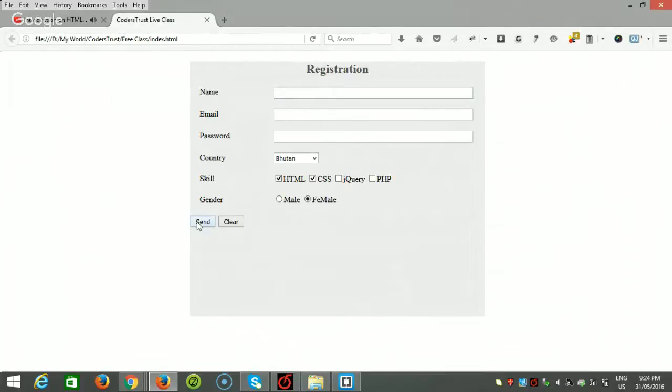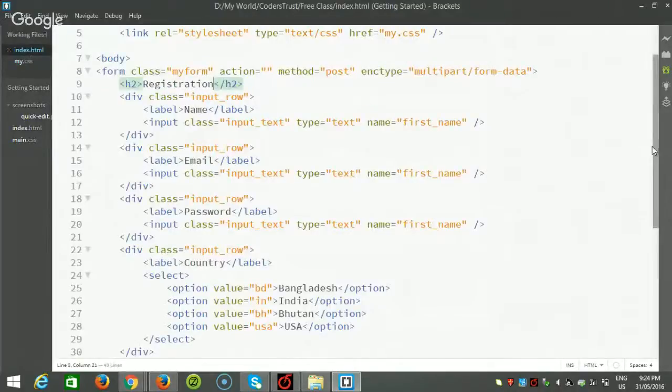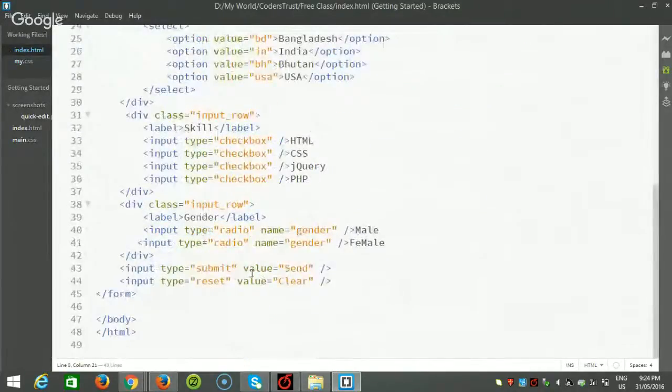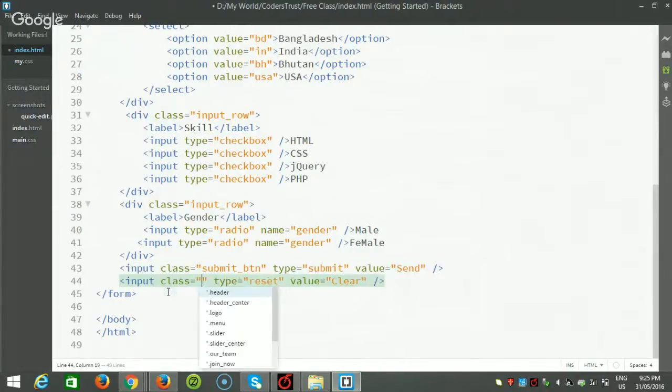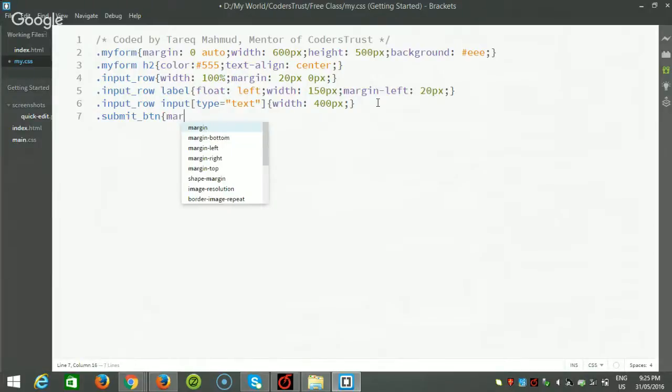So this is the registration form and this is submit, and I will make some styling for the submit also. So for the submit, I will take class submit btn. The reset btn. For submit button styling, like I want to make it margin left 20 pixels,